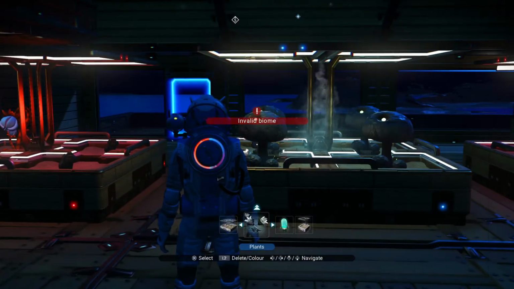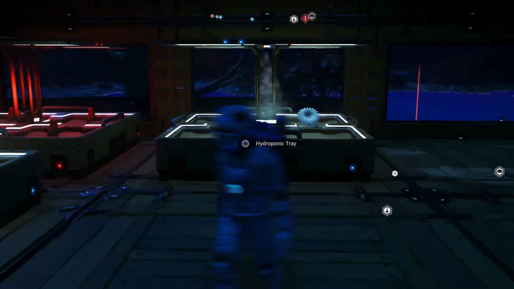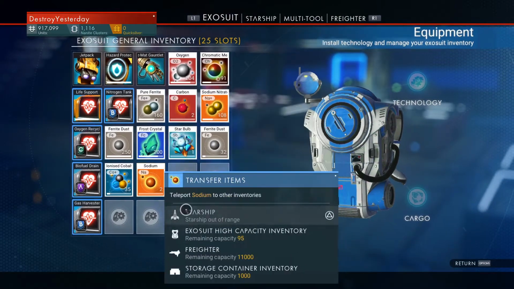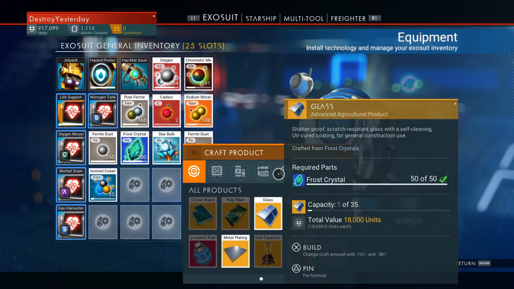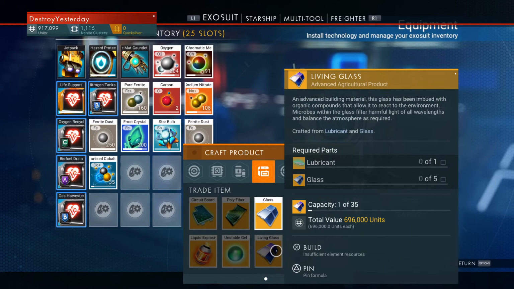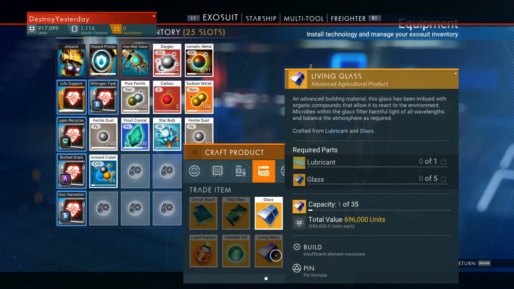So with these right here, these fungal molds, I bought all this. The ammonia to plant those. So that's that for farming. The recipes, though, for crafting, let me transfer this over here, are the exact same thing, though, as Atlas Rises. They take the same amount of selenium and frost crystal to make this heat capacitor, and living glass is the only one that is...